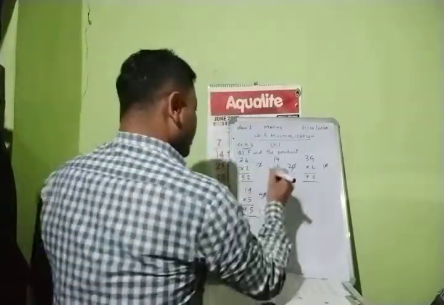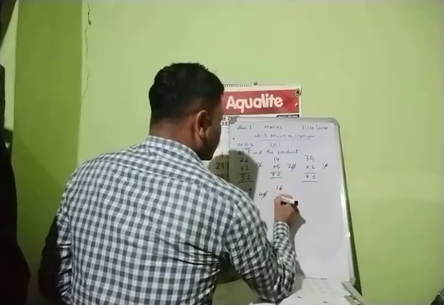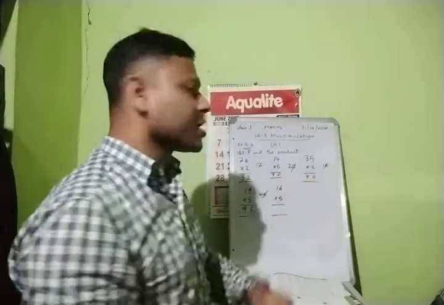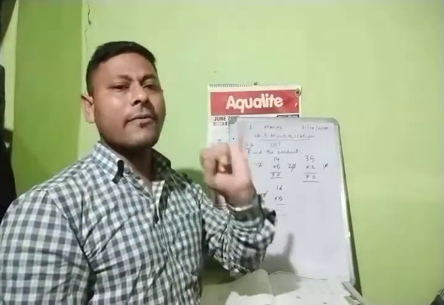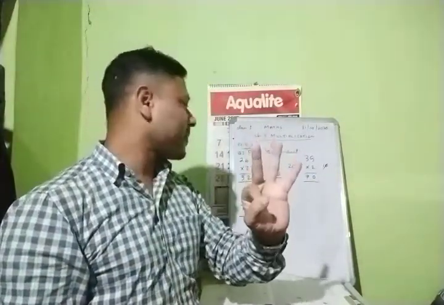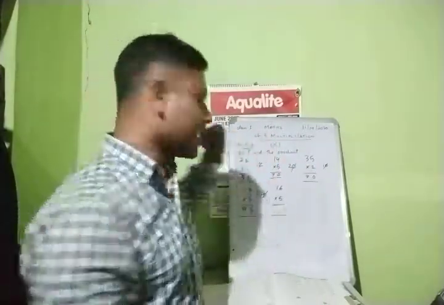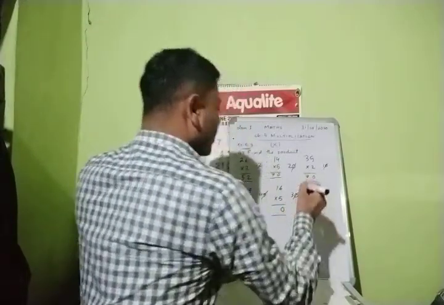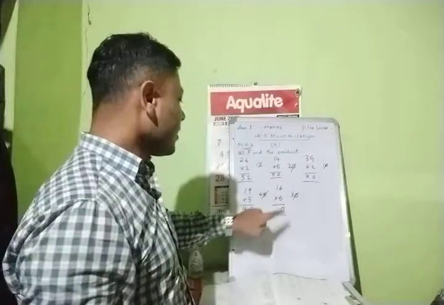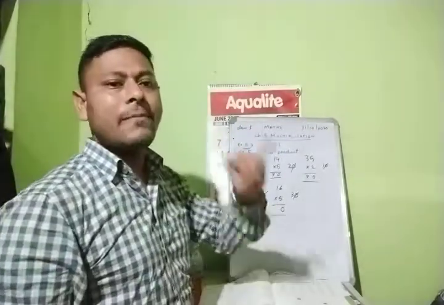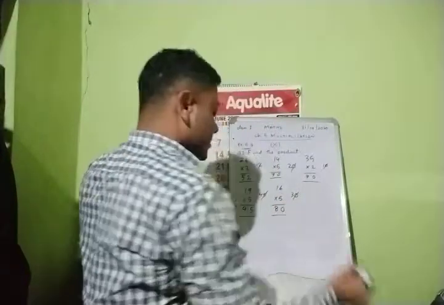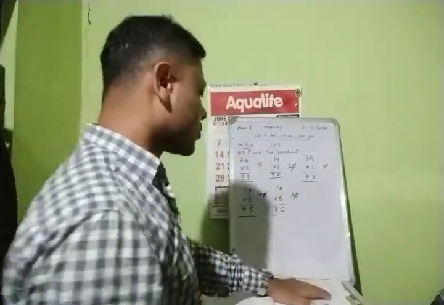Okay. 1 6 into 5. Now see here. 5 into 6. 5 1 is 5. 5 2 is 10. 5 3 is 15. 5 4 is 20. 5 5 is 25. 5 6 is 30. So 5 6 how much you got here? 30. 0 you cut and write it here. What is left? 3. Right? Then 5 into 1. 5 1 is 5. 6 7 8. So 8 0 8. Right? Last question for today.